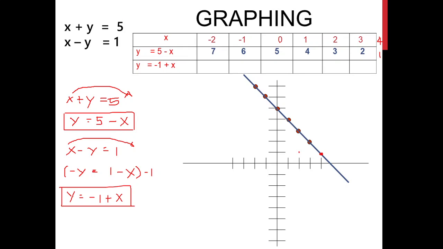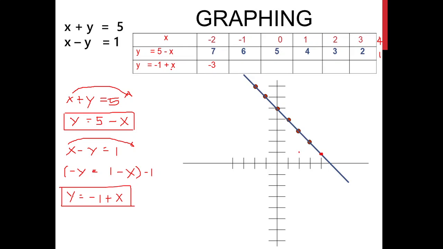Again, let's use the values of our x here, the domain. So when x is equal to negative 2, so substitute. So x is equal to negative 2, positive and negative is negative. So you have two negative signs here. Therefore, we have negative 3. So you have negative 1 and negative 2 is negative 3.